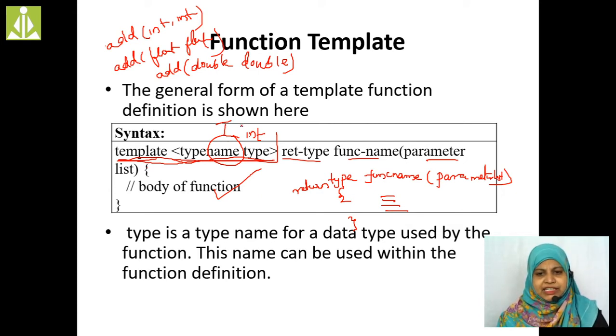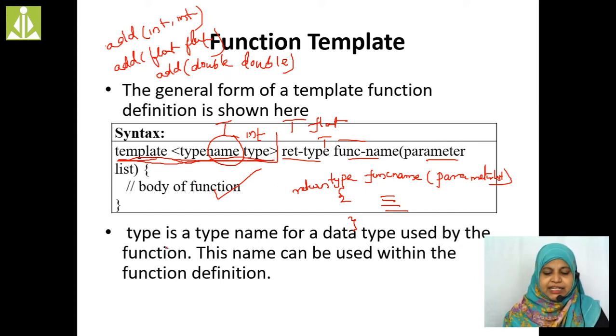If I define any function template, it is by using T: T int, T float, T char, that's it. Here type is the name of the data type used by the function. In a single code we are going to pass different types of values by using the function templates.